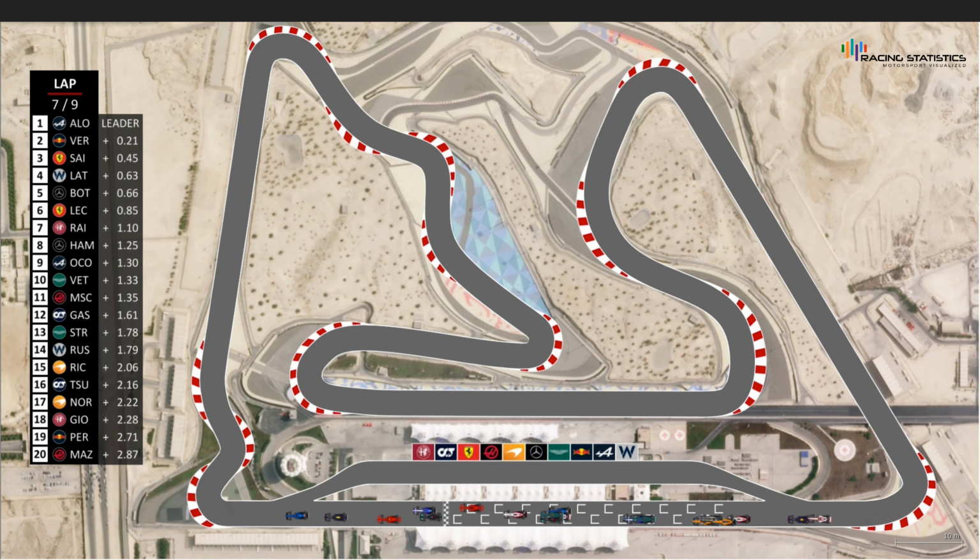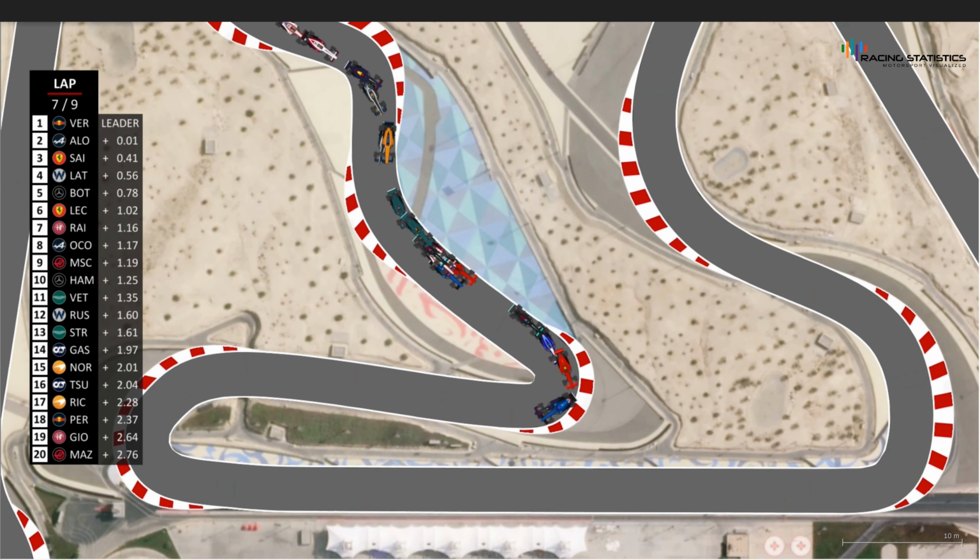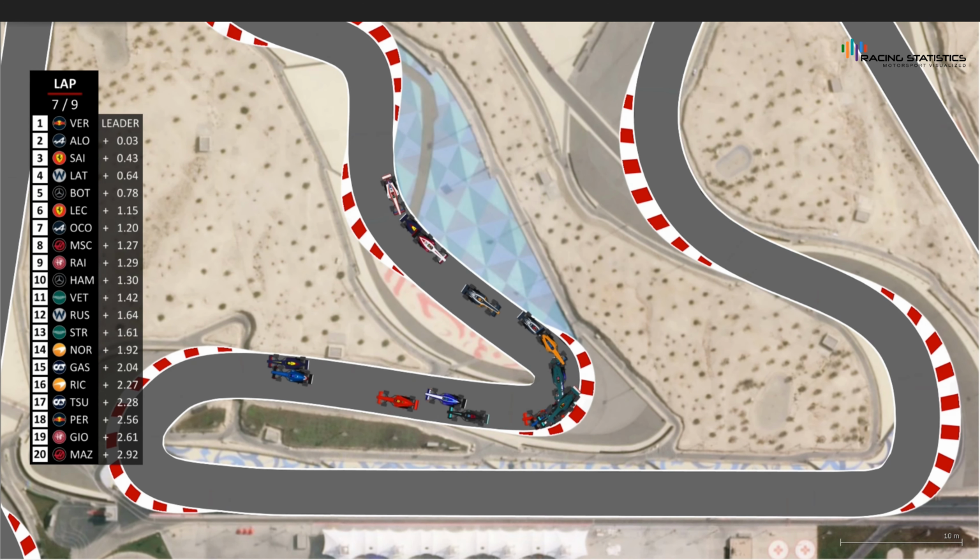There are 3 laps to go of this alternate reality Bahrain Grand Prix. Who is going to take this lead? It is all up for grabs. Up the hill we go to turn number 4. It's Fernando Alonso, from Verstappen, from Sainz, from Bottas, Latifi, Leclerc, Raikkonen, Ocon, Hamilton and Schumacher battling again in P9